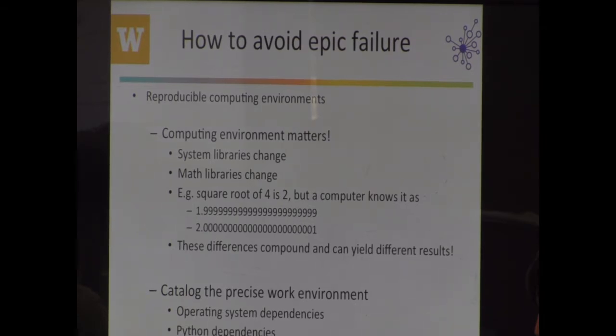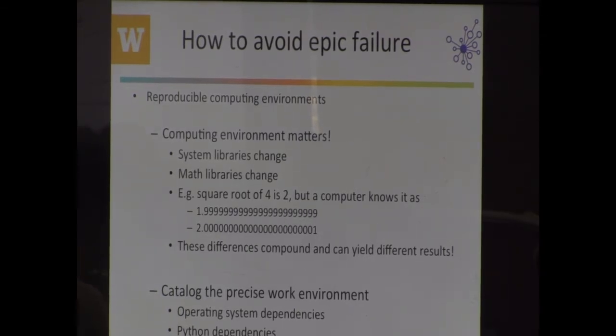Those evolve. So if you wrote your code against a particular set of libraries, you're not guaranteed that when the next version of the operating system comes out, it's going to behave exactly the same way. So creating stable environments is part of being able to reproduce a previous result. Even if your lab has moved on, having a way to capture a previous environment is important, because when a colleague 5 years later says, I would like to reproduce your work, and you can't because you don't have that computing environment anymore, that's part of being not reproducible. Math libraries change.